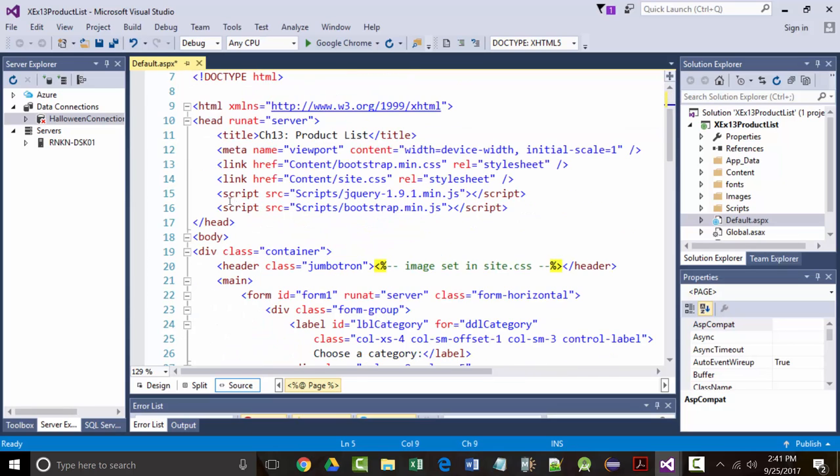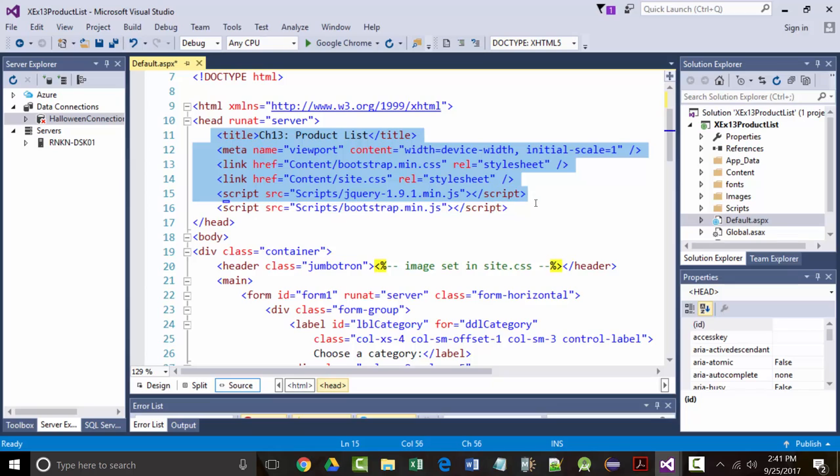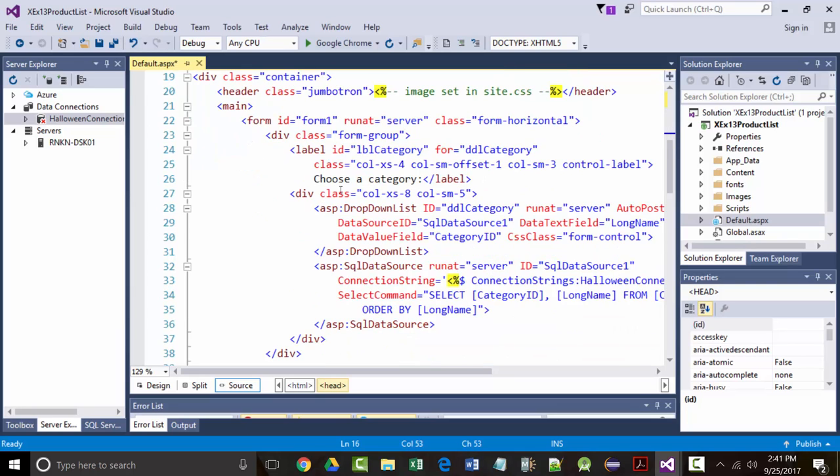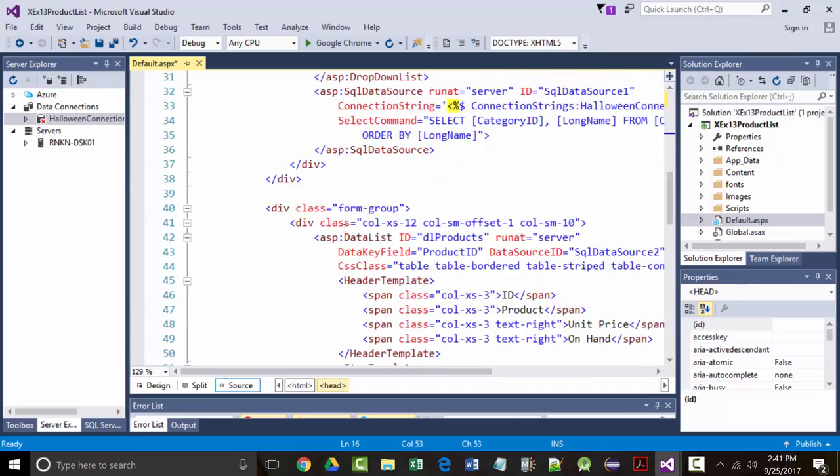All right. We still have all of our stuff from before. So we've still got in our Bootstrap Min CSS, our CSS, the jQuery, and the Bootstrap Min JS. So that's still in there. All right. We've got a Jumbotron in here. We've got our form in here. All right. And if you look in here,